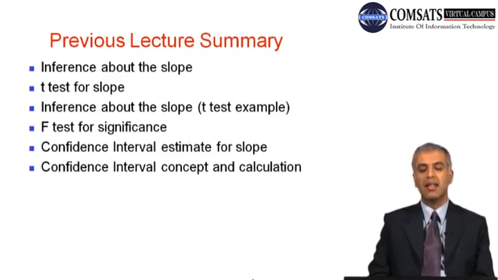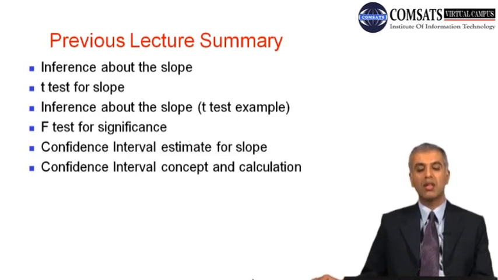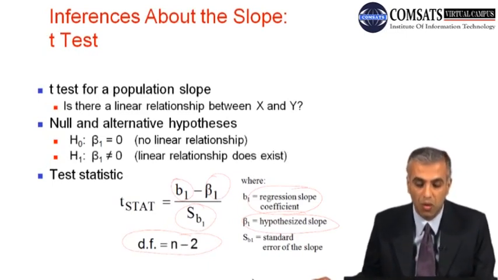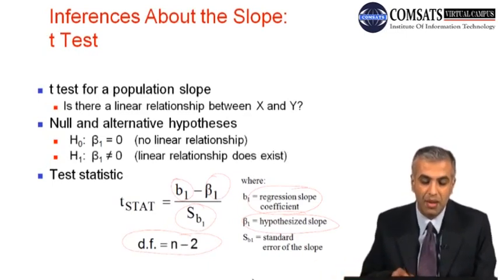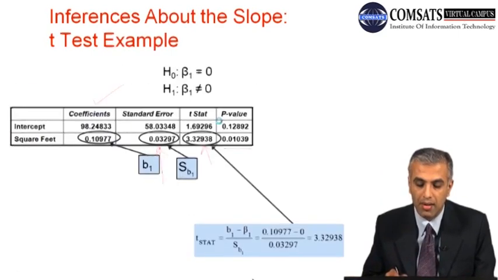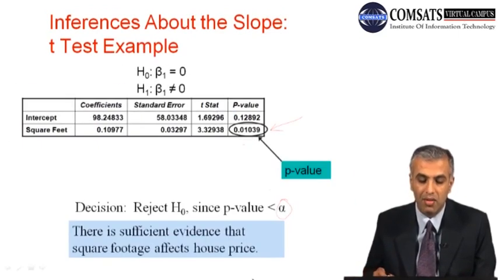Then we had a brief discussion on the confidence interval estimation for slope and how that is conducted, and what's the concept of confidence interval here. So just going through the recap of previous discussion which we had. This was how we discussed the slope and how basically we were focusing on our hypothesis generation, and in this case